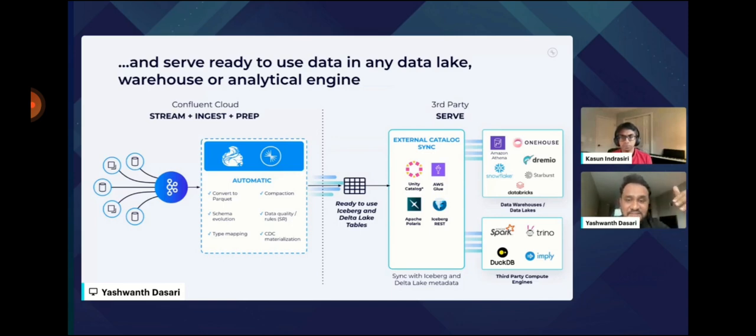This is the entire process we have been talking about. So taking a Kafka topic, which is basically real-time operational data, and then automating the entire process in just a few clicks, and then using the catalog of your own choice, and then accessing the data through any commercial or OSS third-party engines. Please take note that the Unity catalog is coming soon, but everything else is GA.